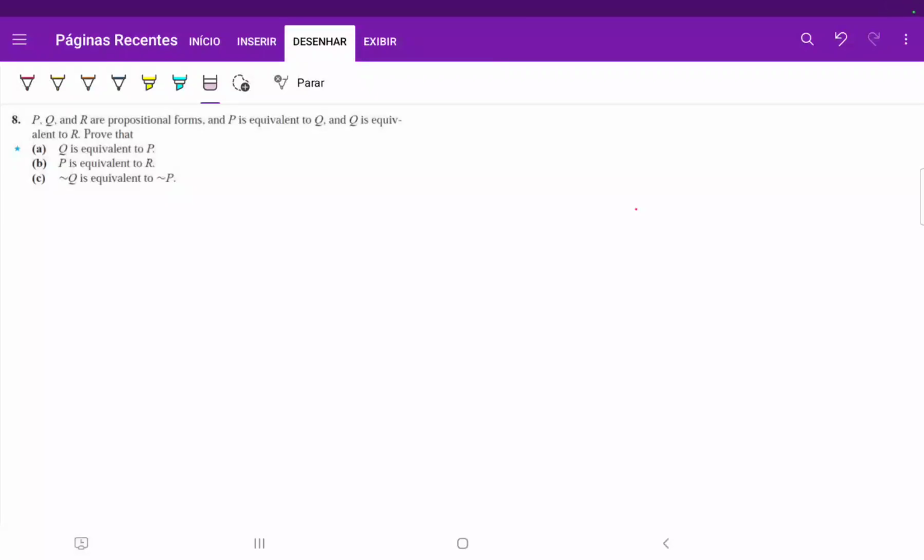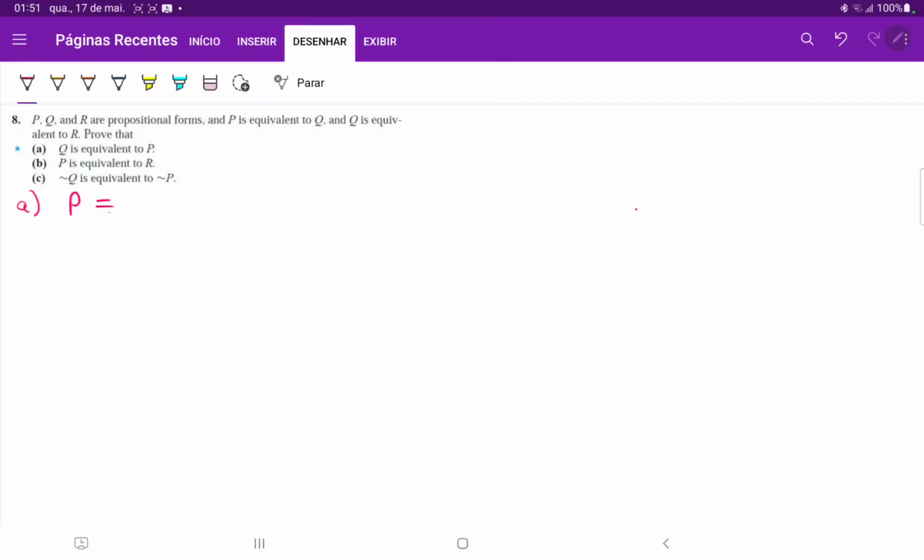For this one, we know that P, Q, and R are propositional forms. P is equivalent to Q, and Q is equivalent to R. So for A, we want to prove that Q is equivalent to P. And then for A, I go,